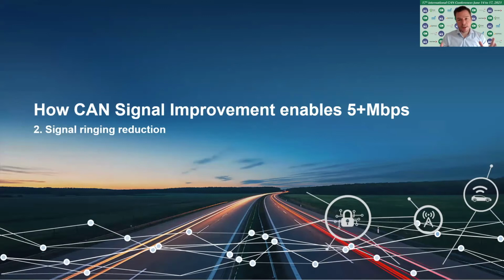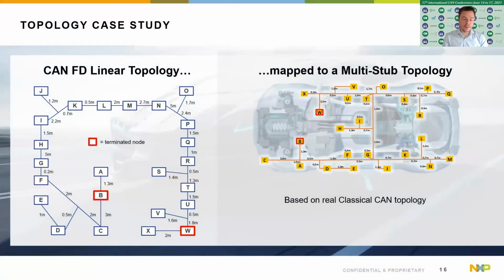Okay, so that's a bit about the timing symmetry part. But let's also have a look at the signal ringing reduction, which is another key point of CAN signal improvement. In fact, it's why it's called CAN signal improvement. And for this, I'd like to walk you through a case study that we did, where we took a